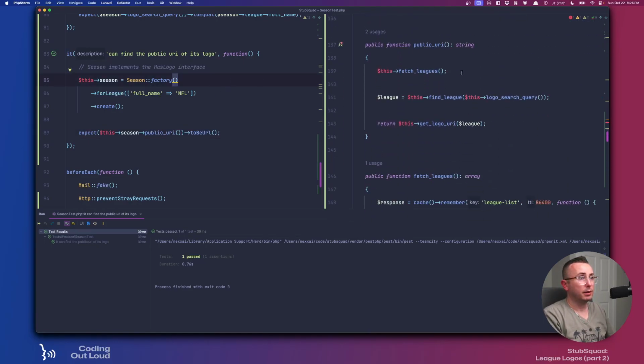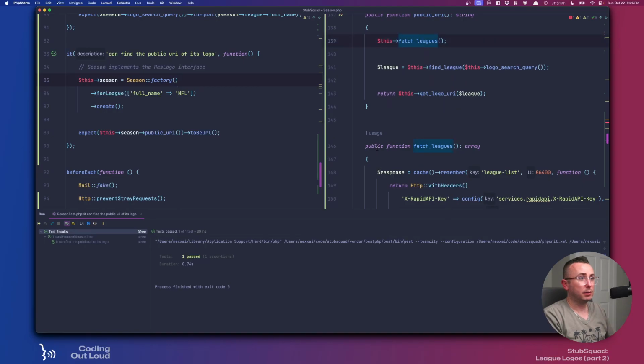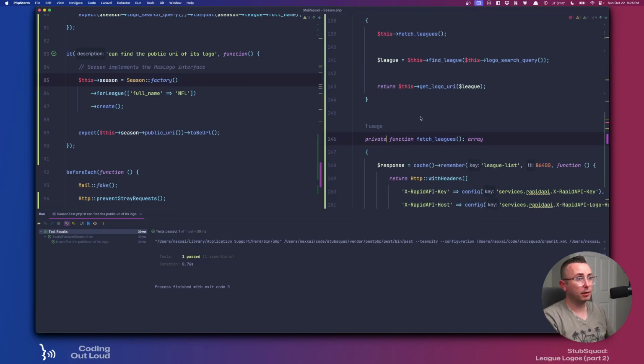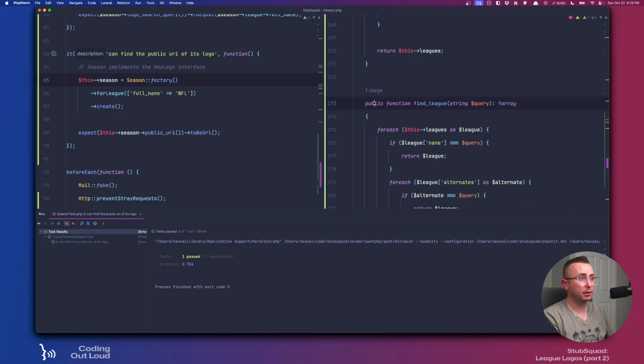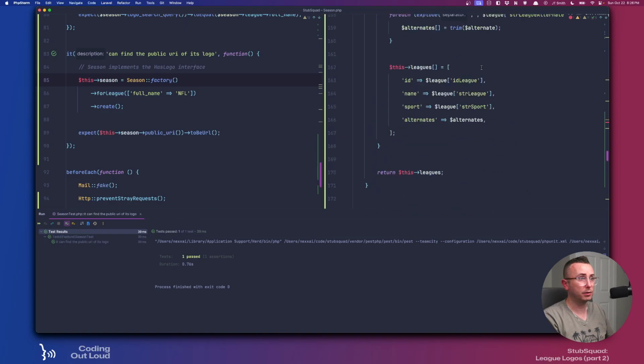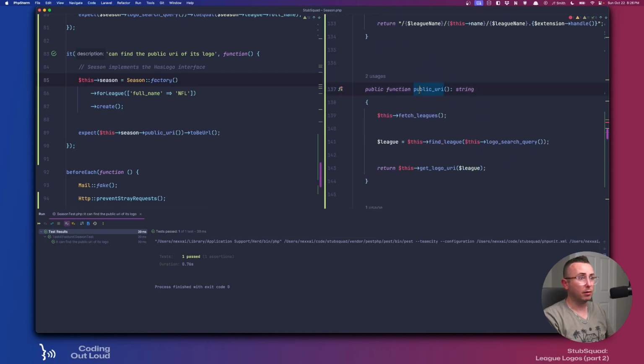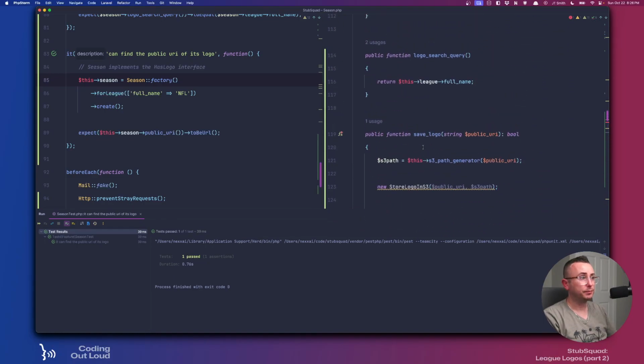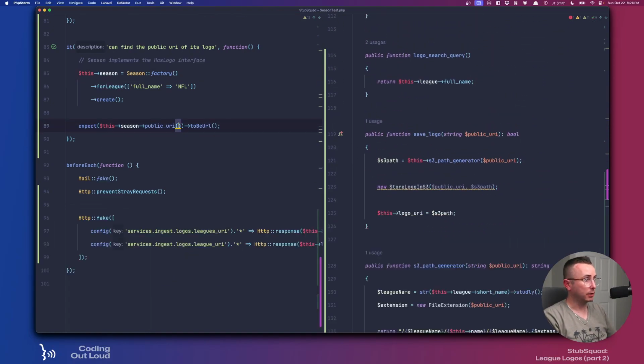So fetch leagues, we're going to make that private so we don't need to worry about testing that. We don't care about testing that specifically, or individually. We're just going to assume that this public URI function is going to be doing all that testing for us because it goes through all of those together. So the next thing we need to do is